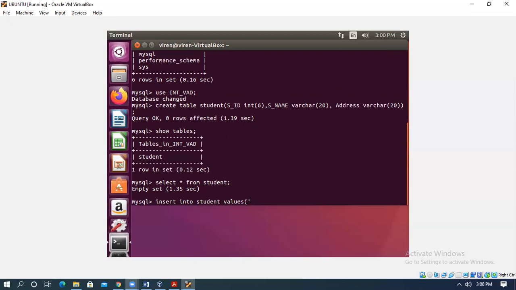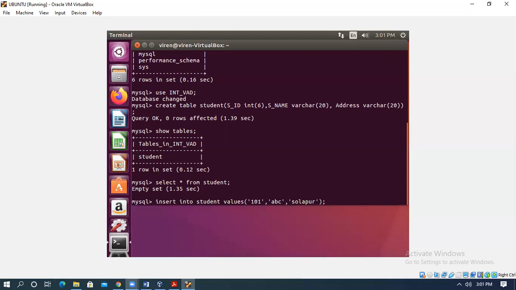Always use single inverted commas. Suppose the student ID is 101. The next attribute is student name, I want ABC, comma. Then the address, suppose we give a city name. So 3 attributes over, bracket complete, semicolon.